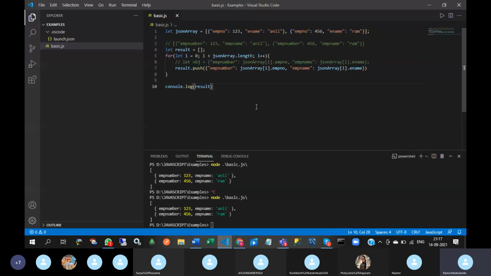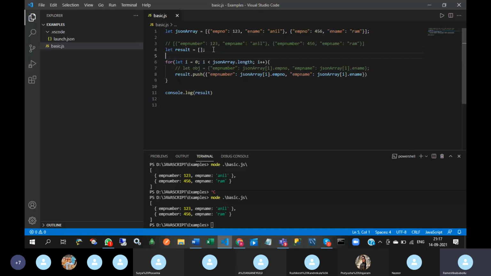So you can achieve this logic by using for each also. Following this, for result, I am going to declare another array. So for each dot, enter. So here the syntax will come like this. Here array dot means you give JSON in the place of array, and element means the first element.